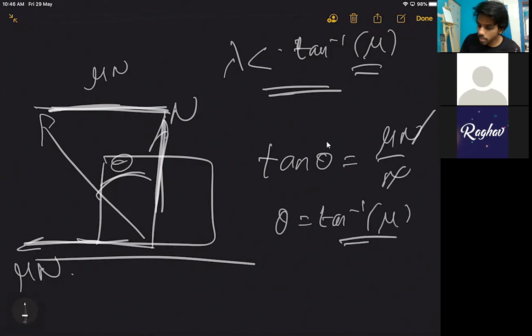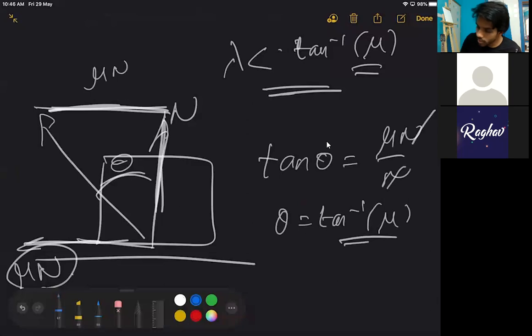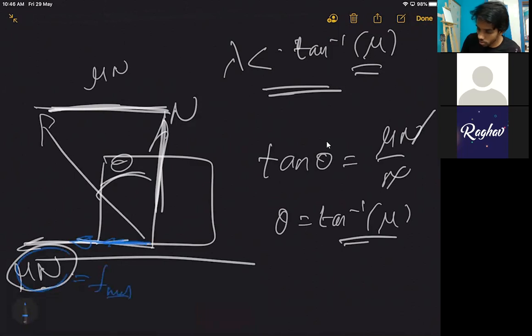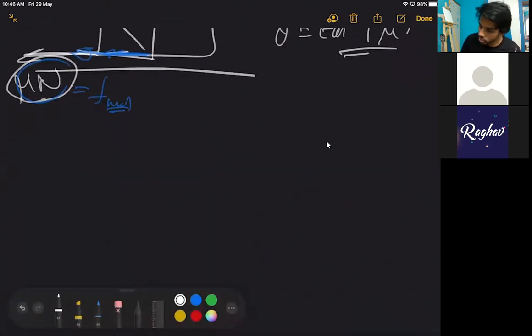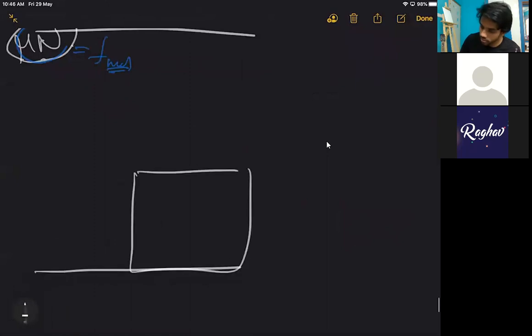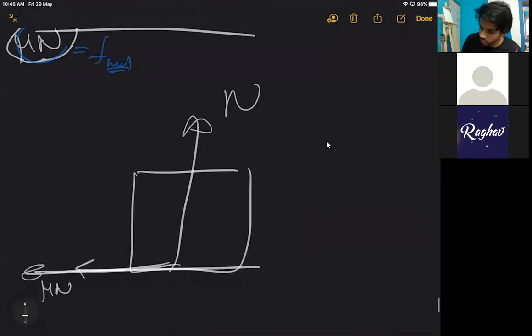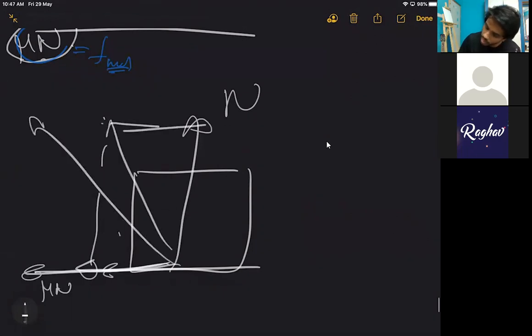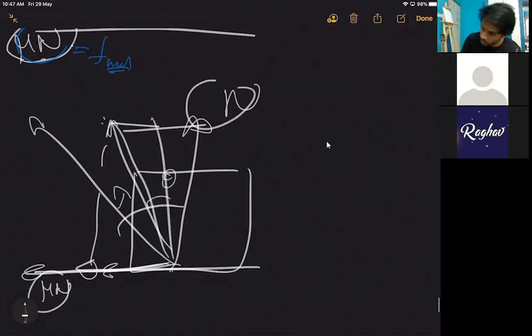Now this is the maximum case where this value is the maximum. But the friction is always less than this value, right? This is the maximum friction, the limiting friction that we can talk about. Since the friction is always less than that value, I'm drawing it again. This is the normal force. This is the maximum friction, but the real friction is always lesser than these values. So what happens to the angle? This is the lambda value, when you have mu n and n, but the values are always lesser than that. If the friction is only this much, this is the angle. You getting my point? That's what he's trying to say.